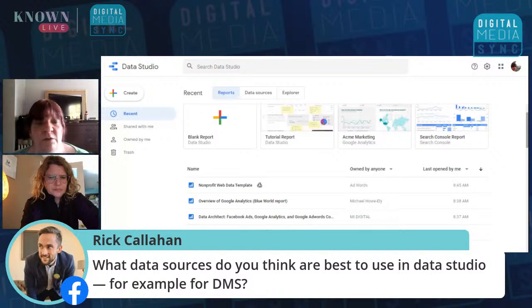Or if they're viewing for more events, if they're going to the next page that shows what the next digital media sync or the next online event is going to be. I want to see if they go to the about page. So that would be my landing pages view.